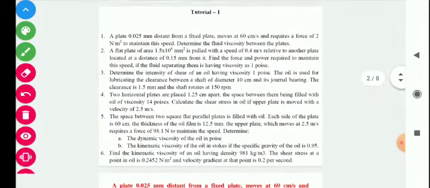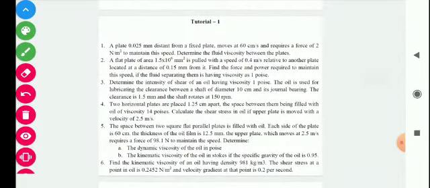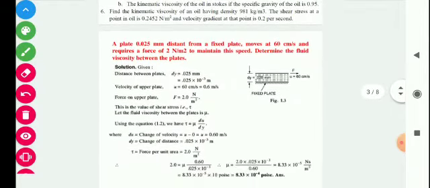So this is the tutorial in which I have given 6 problems. So let's discuss all these problems one by one. So the first problem is,